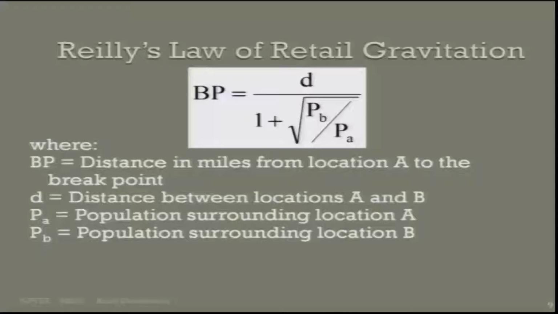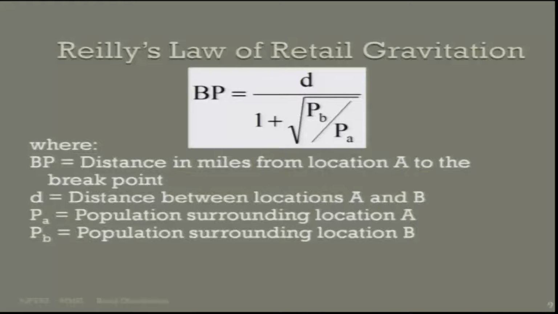The other interesting formula I would like to introduce to you is called the law of retail gravitation. If you have demand patterns across a geography from various places, just like in many other areas, such as warehouse location or location of a bus depot or a taxi stand, all these can be determined by this kind of model which we call the gravitational model. So, to do the retail gravitation analysis, we say BP is equal to D divided by 1 plus square root of PB by PA, where BP is the distance in miles or kilometers from location A to the break point, that means where we are looking at that possible location,